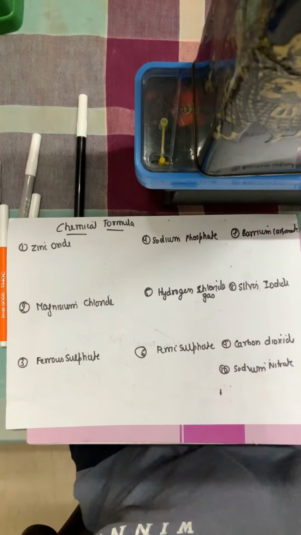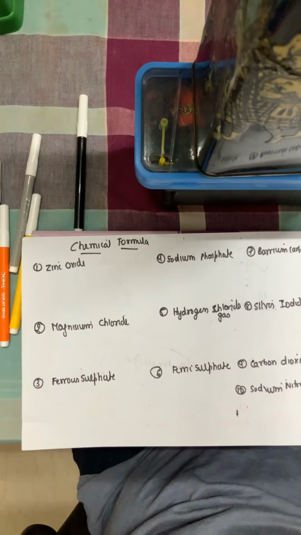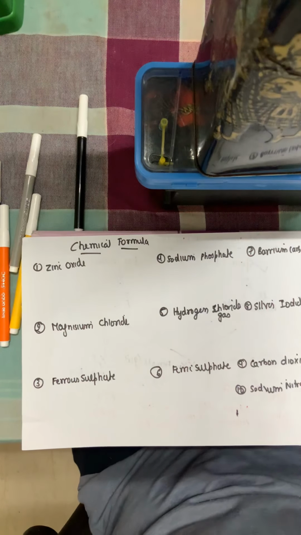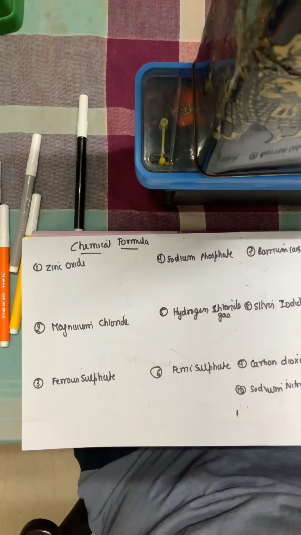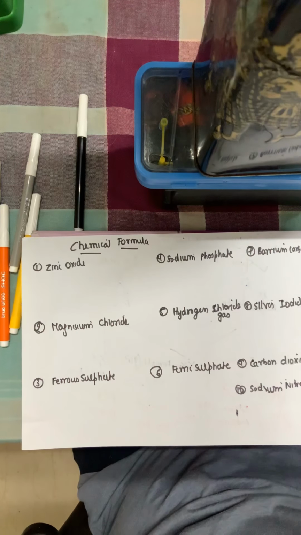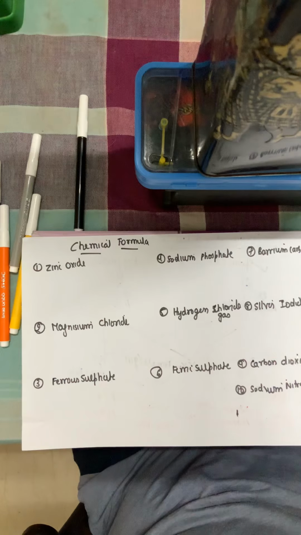Good evening. In today's class, we'll be learning how to write the chemical formula easily. Now, a chemical formula is basically an easy way to represent the name of a compound. Okay, so just see the example. Like I have a compound sodium hydrogen carbonate. This is the name of a compound, and I just write it as NaHCO3, which is easy. Writing the symbol and the formula.